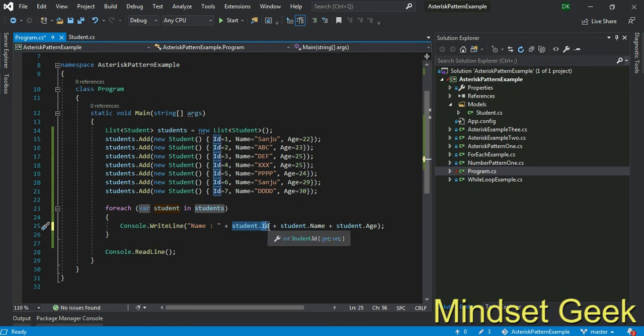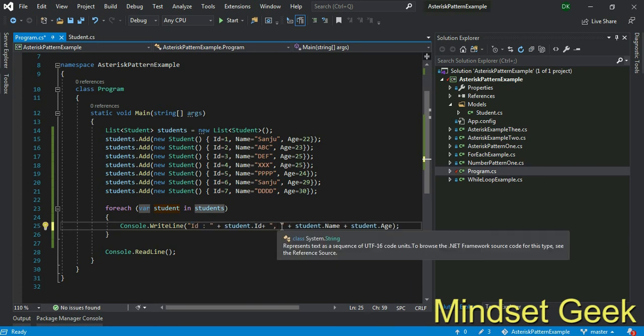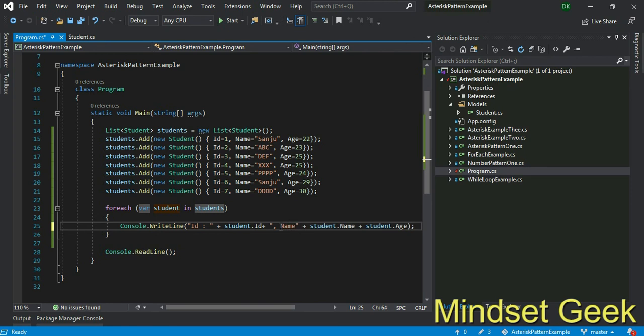We concatenate the result and add one more plus, then a comma, then not this one, this is ID, this should be name, this should be age, right?